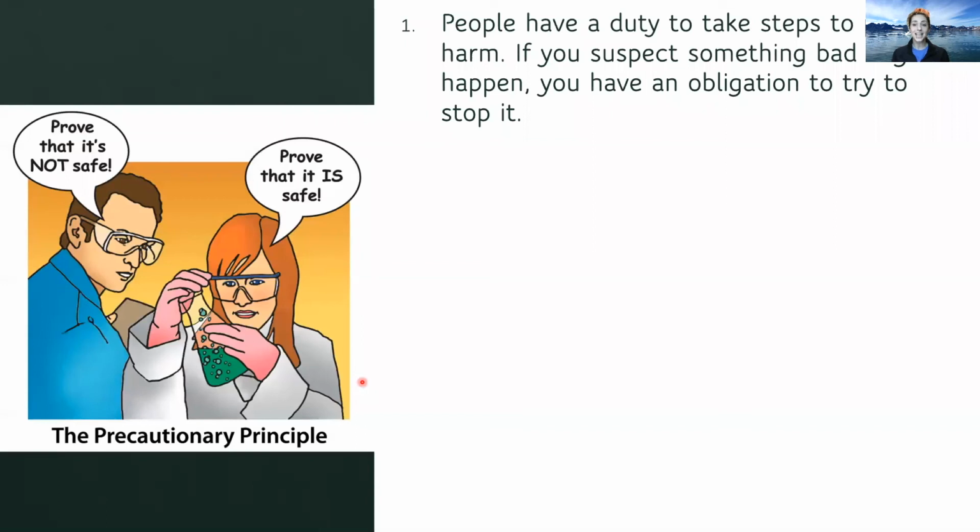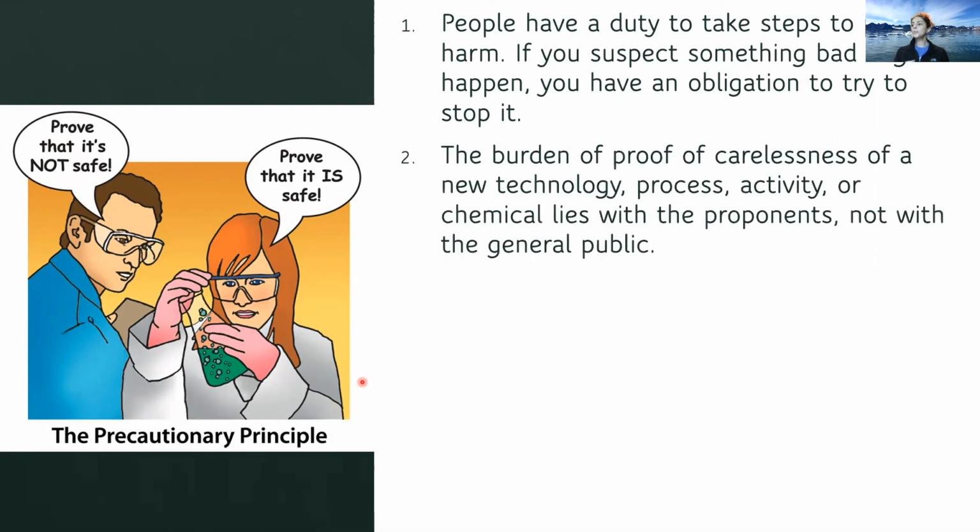There are a couple of tenets that we need to enact if we're going to fully adopt the precautionary principle. There are 4 of them. Number 1, people have a duty to take steps to prevent harm. If you suspect something bad might happen, you have an obligation to stop it. Number 2, the burden of proof of carelessness of a new technology, process, activity, or chemical lies with the proponents, those pushing it forward that want to take it to market. The burden of proof to show that it is not a harm to the environment lies with those individuals,